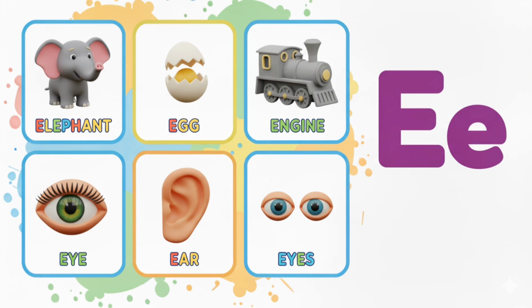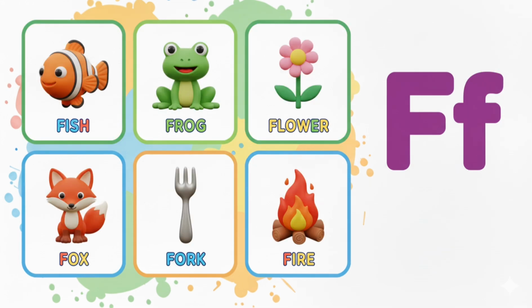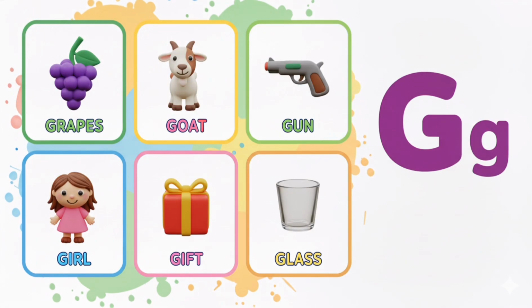engine, E for eye, E for ear, E for eyes, F for fish, F for frog, F for flower, F for fox, F for fork, F for fire, G for grapes, G for goat, G for gun, G for girl,